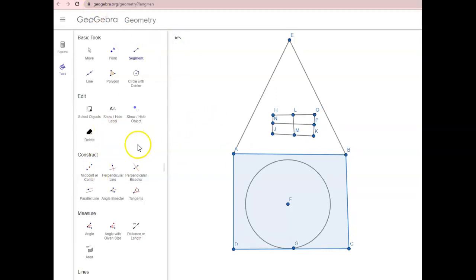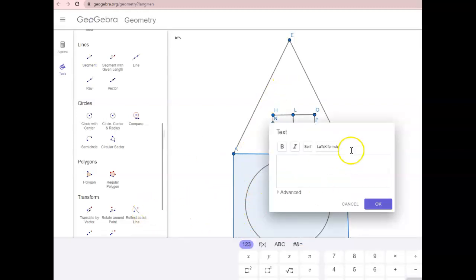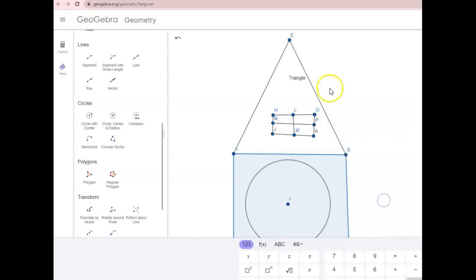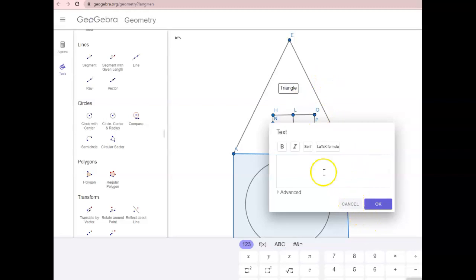Then the last part of this is that I want y'all to make everything labeled. So there's a text button right down here. So I'm going to press the ABC text button, and then I'm going to put where I want the text, and I'm going to put it in this triangle shape, and I'm going to label it triangle, and I want y'all to label all of yours. So I just put this here, I'm going to place it in the middle, I put triangle there, and then I'm going to do, oops, I made it reverse,